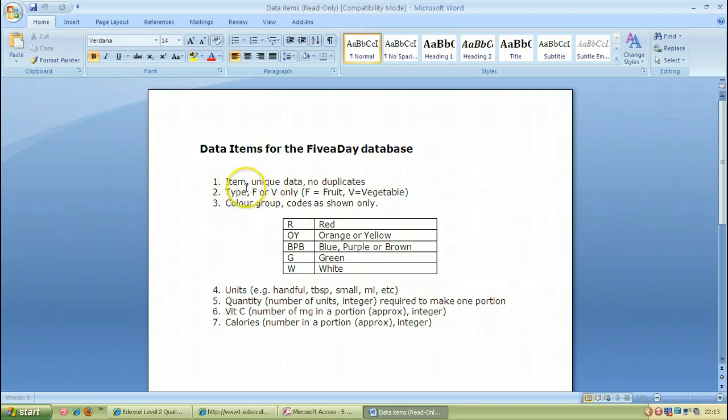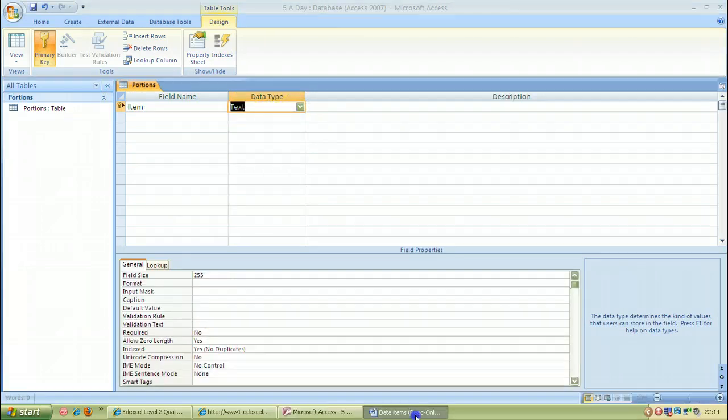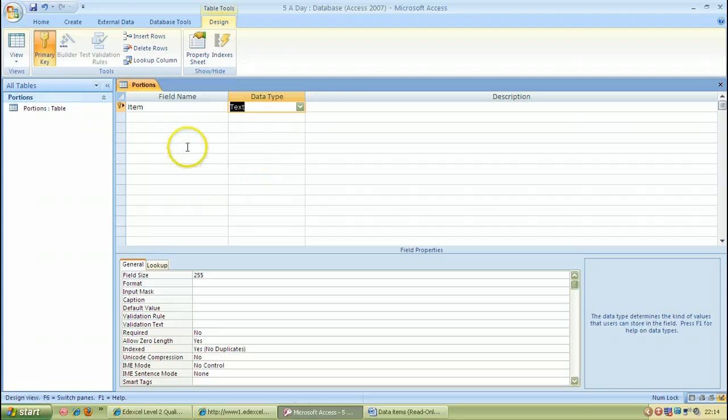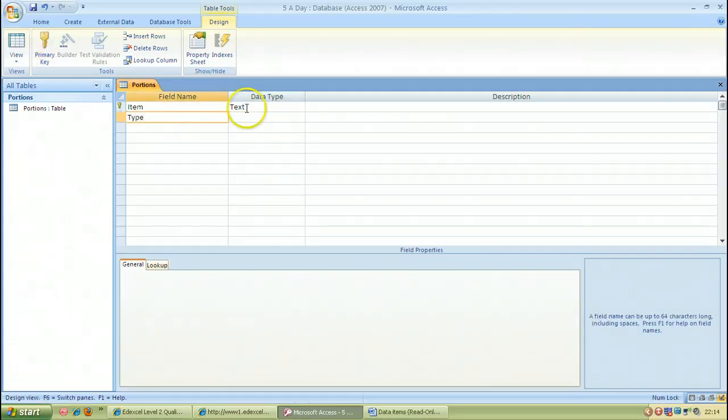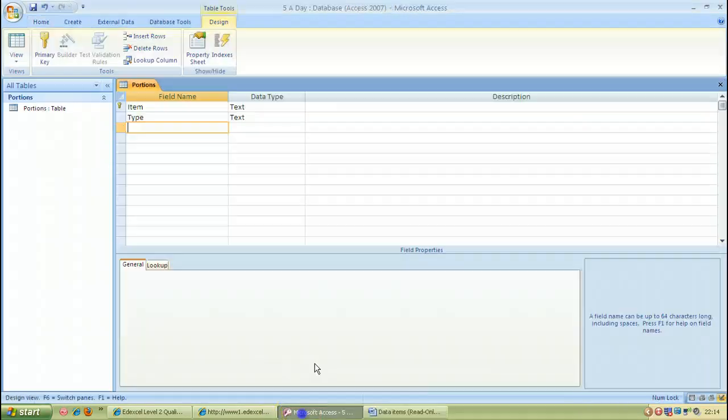So item is my first field, so if I change that to item, now item is the primary key, so I can leave that as the primary key. Item is text, because if I look at it there, if it hasn't told me what type it is, it will more likely be text. The next one is type, and again F or V, so that's text. If I look at the next one, color group, again it's telling me what sort of information is on there, so color group is also text,